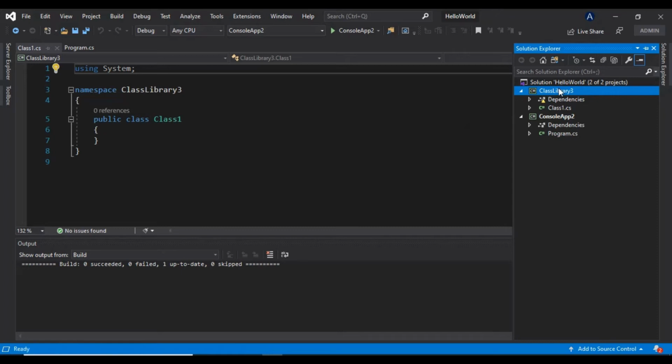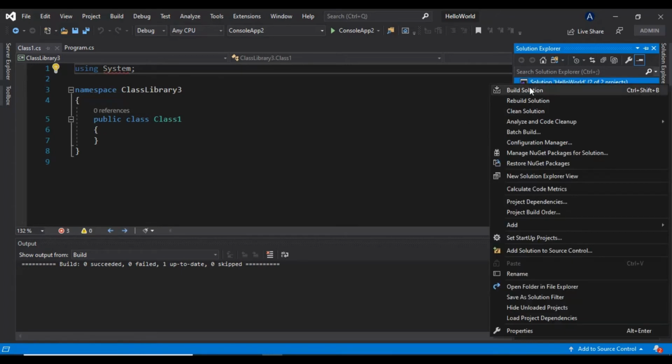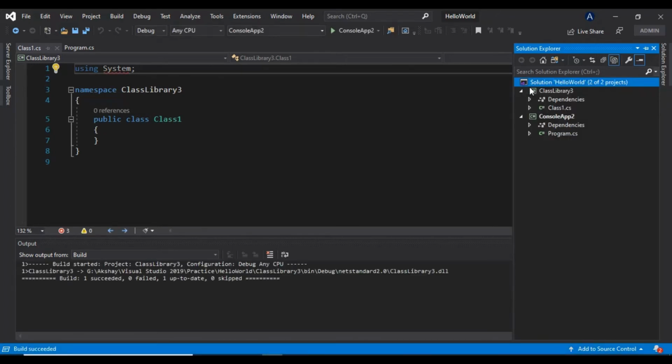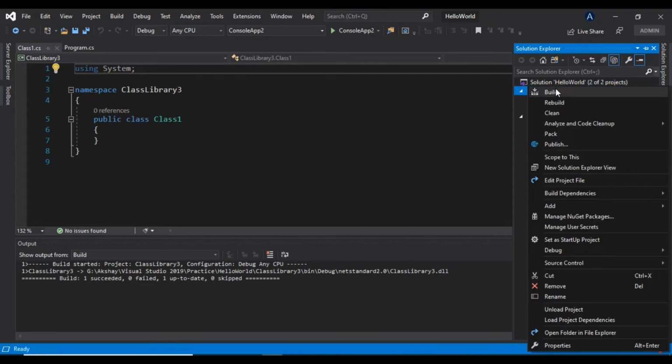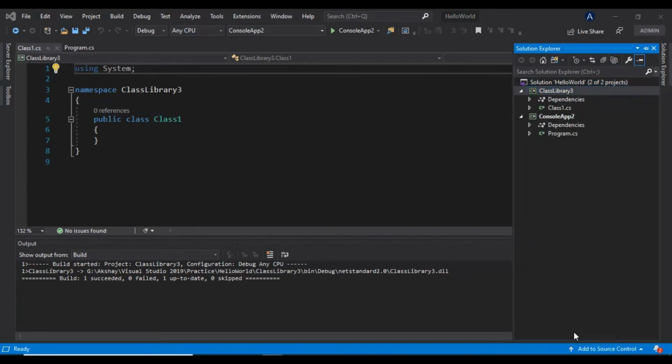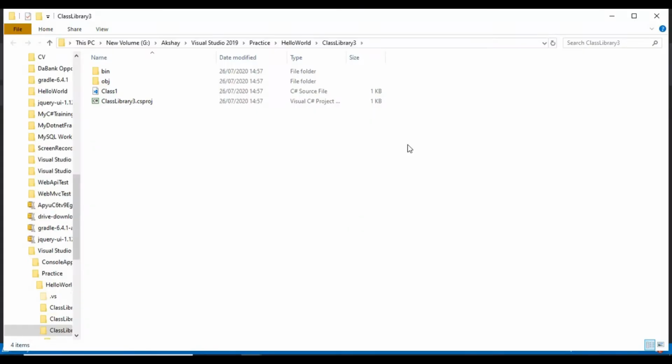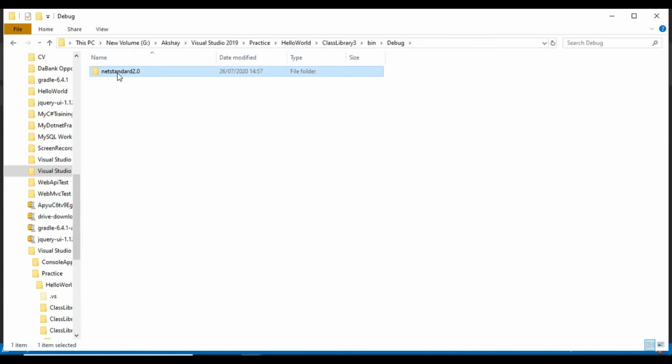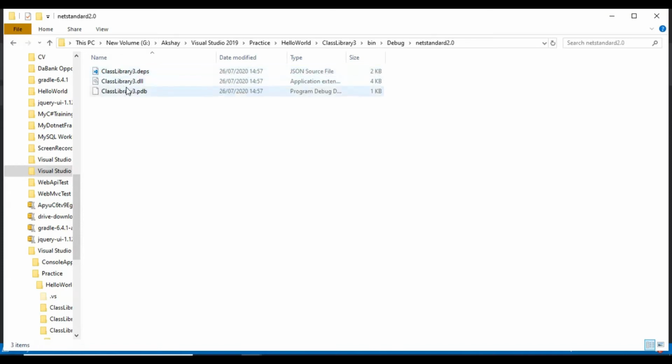Now we'll build this solution again. This succeeded. Now we'll right click on the class library project. Again same procedure, open folder in File Explorer, go to bin, debug, .NET Standard 2.0, and as you can see here, it is only producing a .dll file.